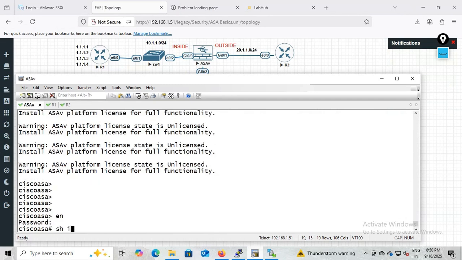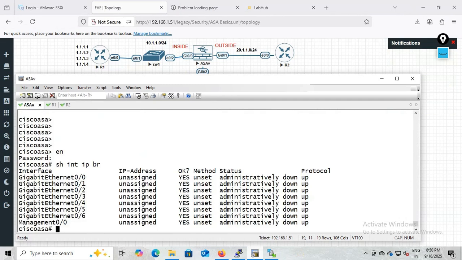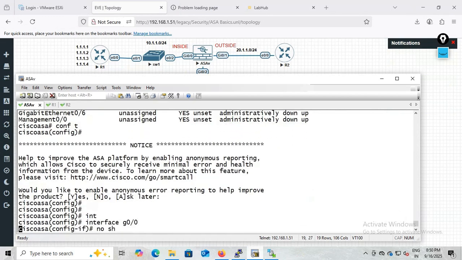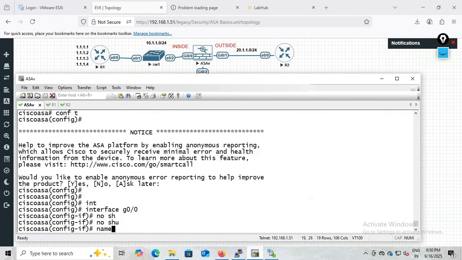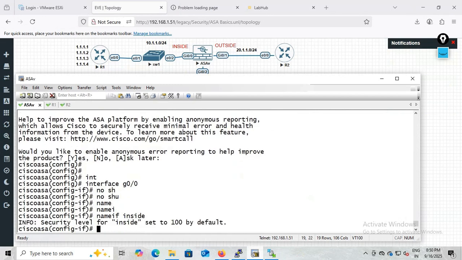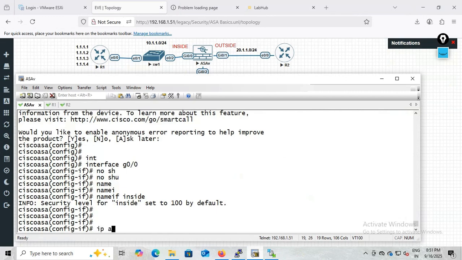If you check the interfaces with the show interface ip brief command, till now we don't have any configuration. Now I'm going to configure the gig 0/0 interface first. We move to interface gig 0/0, no shutdown, and nameif. If I give inside directly, it automatically gives security level 100 to itself, as mentioned. And now we can give the IP address